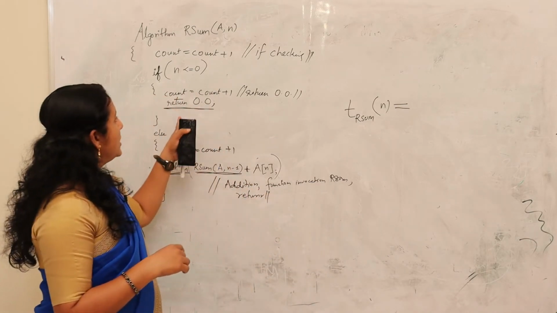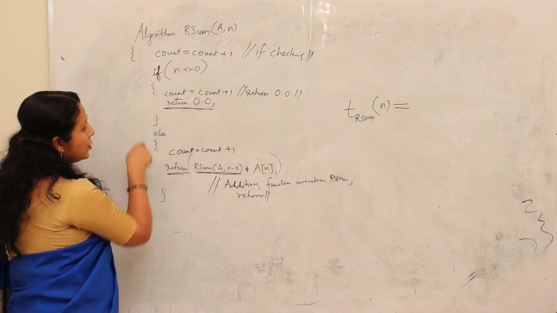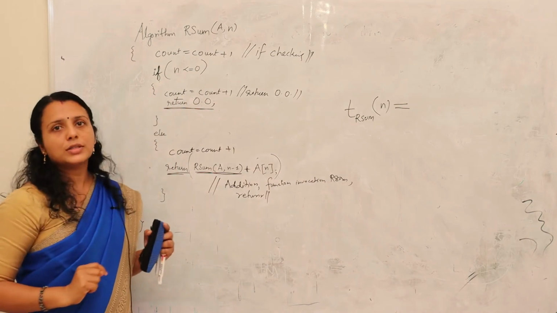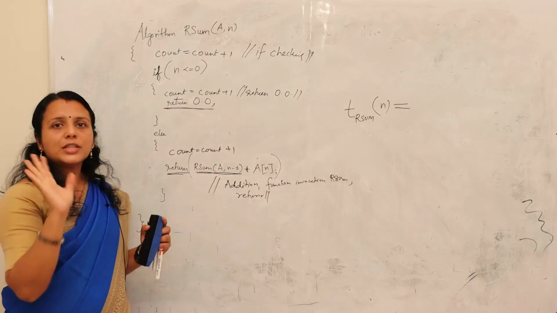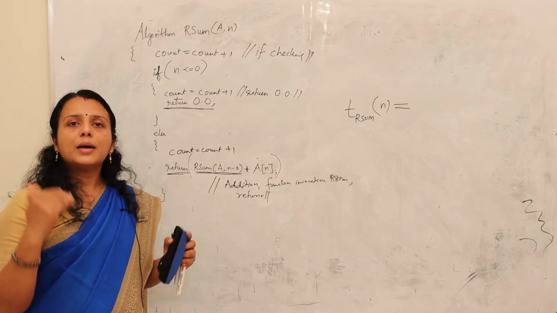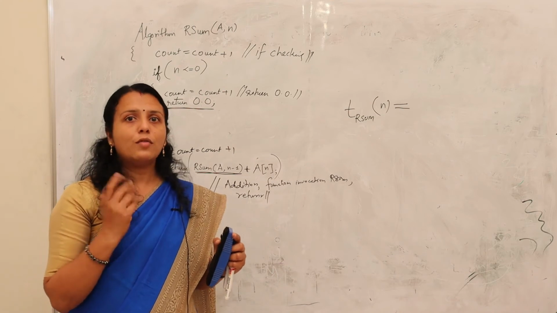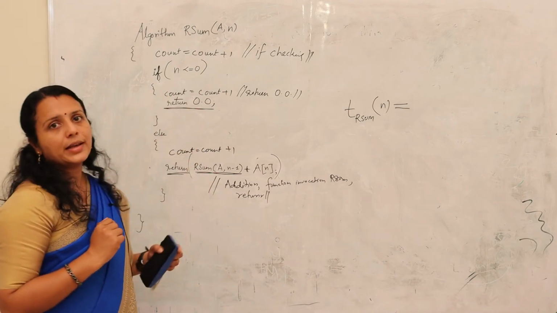In both these situations, you have to think about when this condition is true and when this condition is false. Okay, so suppose you just imagine your condition is true here. That means the number of elements is less than or equal to 0. The condition is true. What happens? How many counts are there?